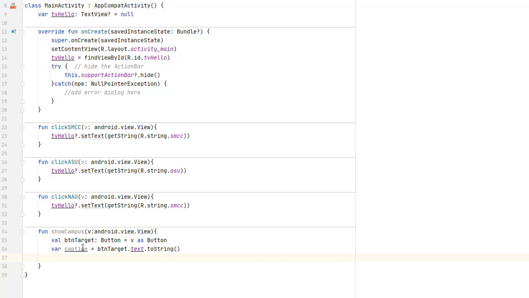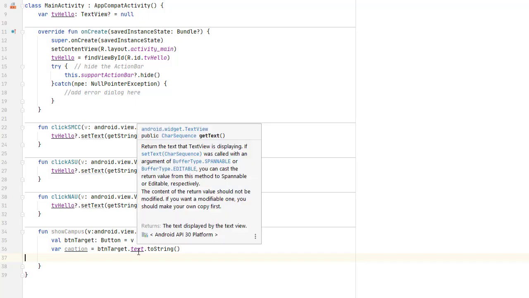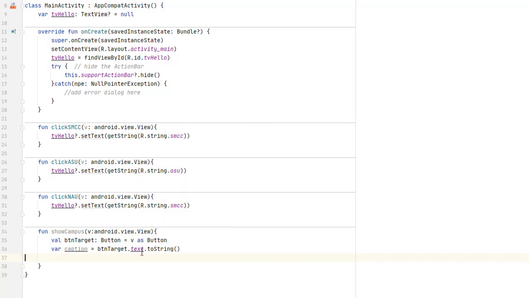And then I'm going to create a variable called caption, and it's going to get btn target.text.toString. But I'm not quite sure what that text is. Is that truly the caption, or is that the ID? I'd like to find that out. So I'm going to add a call here to the